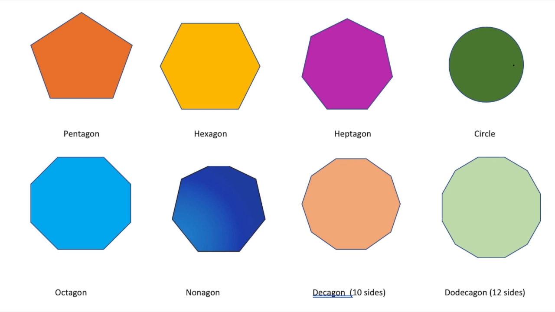So excited that we are looking at our lesson on symmetry. And this is part 2 of that lesson. So we're going to be looking today at a pentagon, hexagon, heptagon, a circle, an octagon, a nonagon, a decagon, and a dodecagon. So we're going to start with the pentagon, and we're going to see today how many lines